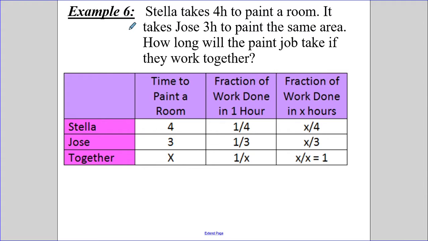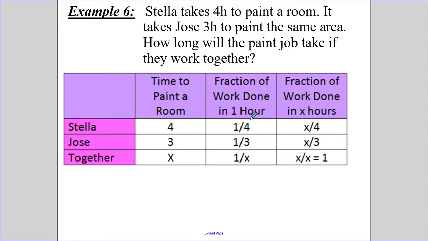So in example 6 it says Stella takes 4 hours to paint a room and it takes Josie 3 hours to paint the same area. How long will it take them to paint the room if they work together? So you can see we have time to paint the room, the fraction of the work that gets done in 1 hour, and then the fraction of the work that gets done in X hours, however long it takes them